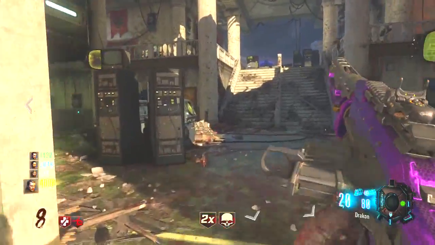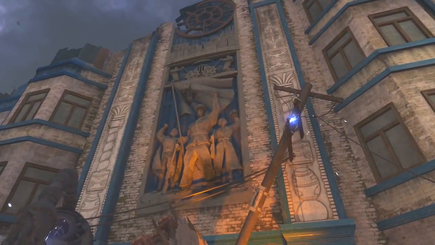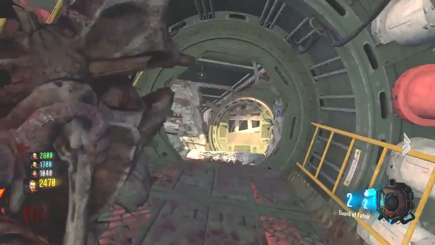So the first thing you're going to need to do is get your trophies. You're going to need 6 trophies, and one of them is going to be all the way up here. Now, you see this statue on the right, the little kid? He's going to have a little trophy in his hand. All you got to do is shoot that with any kind of gun. It's going to fall down here and hit this concrete. All you have to do is go over there and just pick it up, and then you can move on